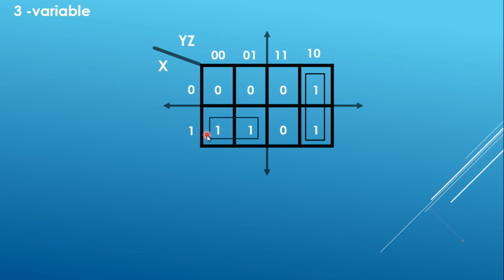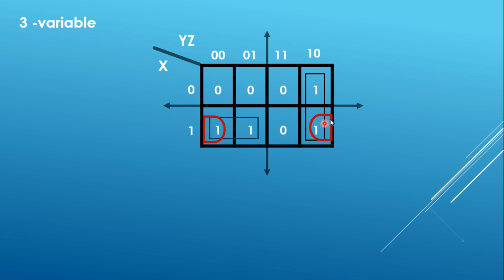So these two ones can also be grouped together. So you have these two ones which are a vertical group. These two ones fall in the horizontal group, and another two ones can be grouped together, because you have to think that the map is folded on the vertical as well as on the horizontal lines. So you see, this particular group is also possible.